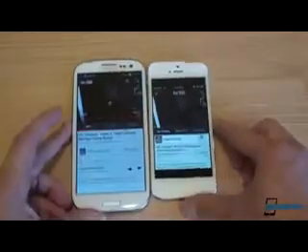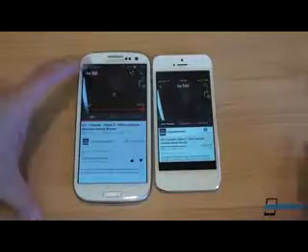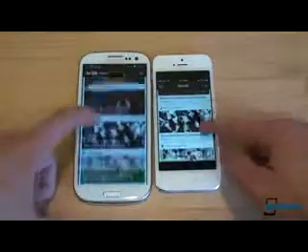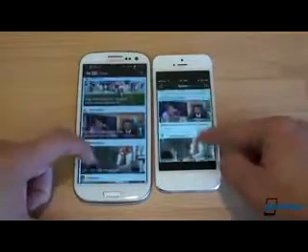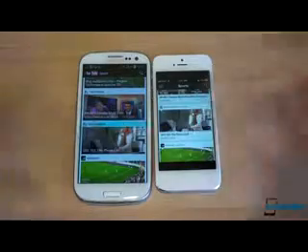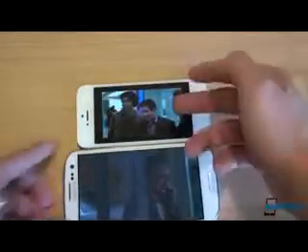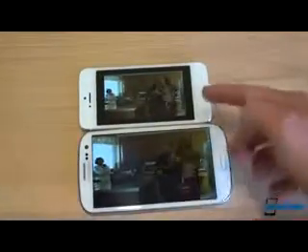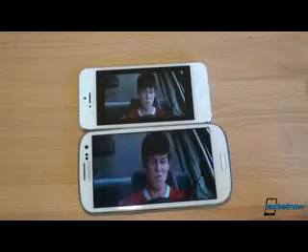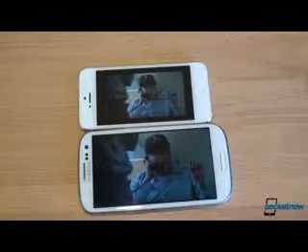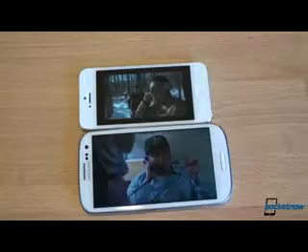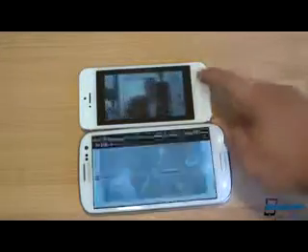In the YouTube app for iOS, you really can't choose the level of quality. So let's find something else that we can watch, hopefully in high def. Okay, how about this one? iOS got there faster. Let's see if we can fill up the full screen. And again, you get some really weird display issues here on the iPhone 5. On the Galaxy S3, it seems to always fill up the frame and really be one of the most immersive video experiences that you can get